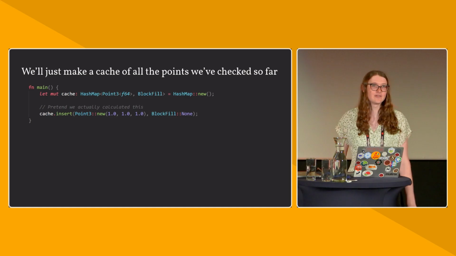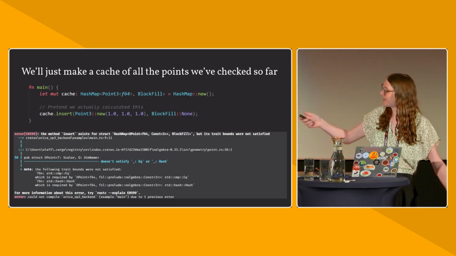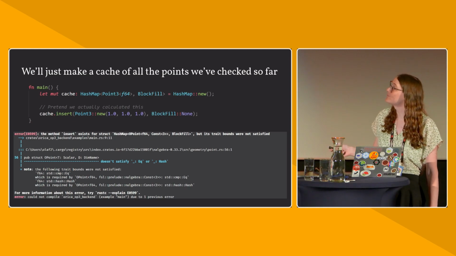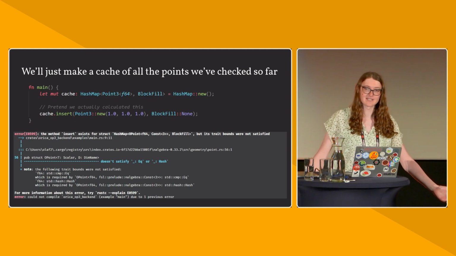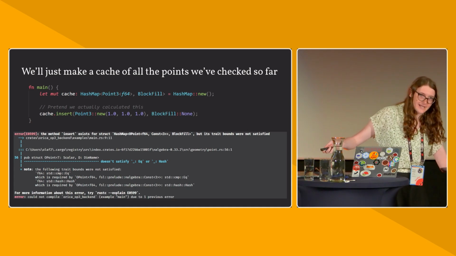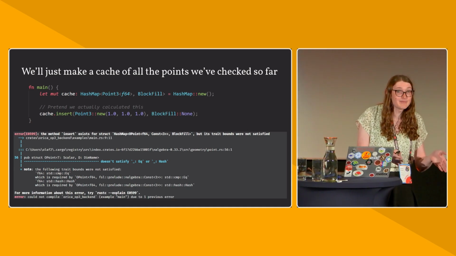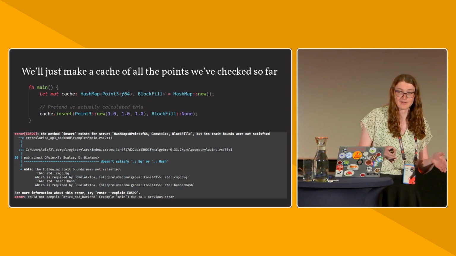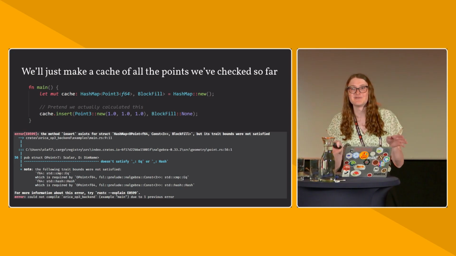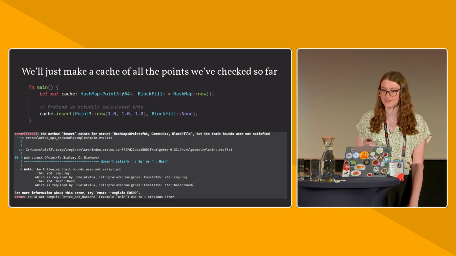So this is great. So you code this up and you try to do this, and then the Rust compiler yells at you. It says that you're not allowed to do this. It says that you can't insert the point because F64 doesn't satisfy Eq or Hash. The trait bounds are unsatisfied. So if you're me, you go to Google the problem, fully expecting that you're going to copy-paste the first solution you find on Stack Overflow. That's certainly what I do whenever I encounter a programming problem that I don't know how to solve. I look it up and I try to copy-paste the first thing that I find.